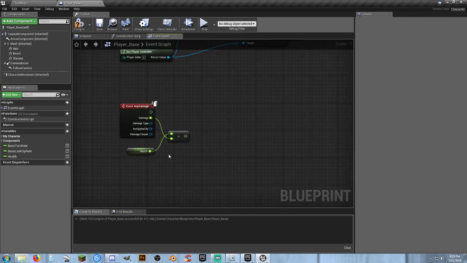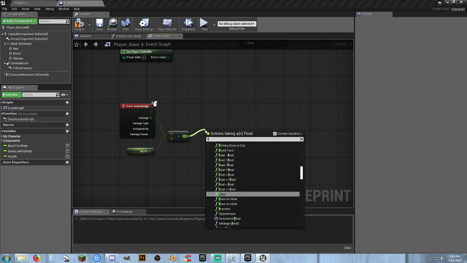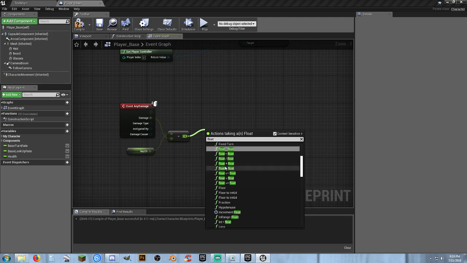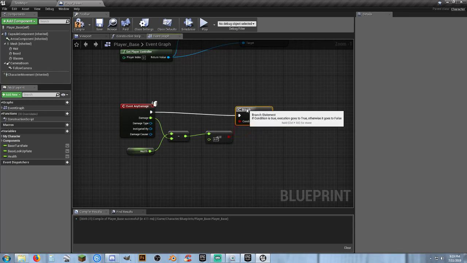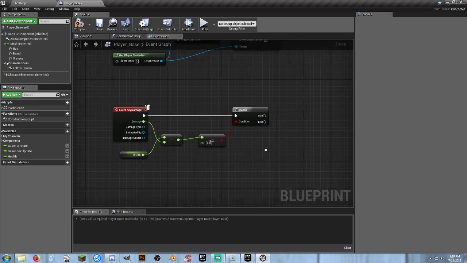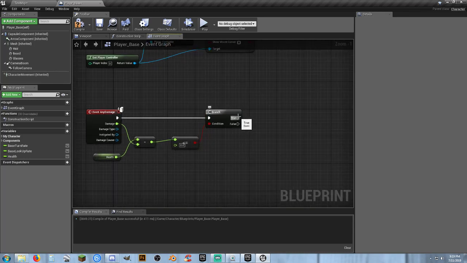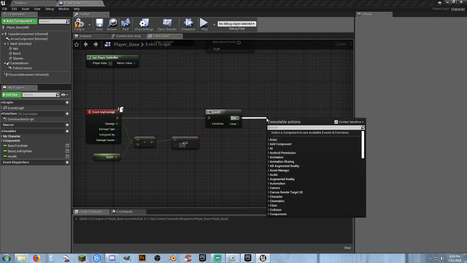But then we need to find out, is this number now less than or equal to 0? Branch, connect that. If the answer is yes, then we're going to,